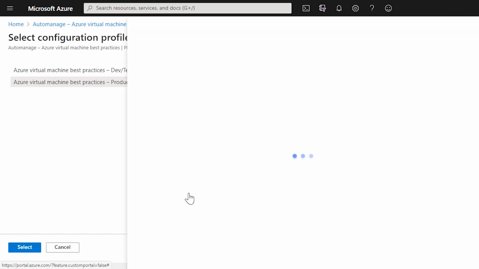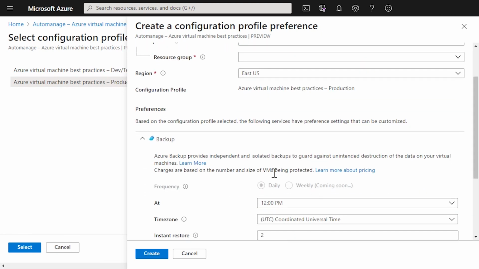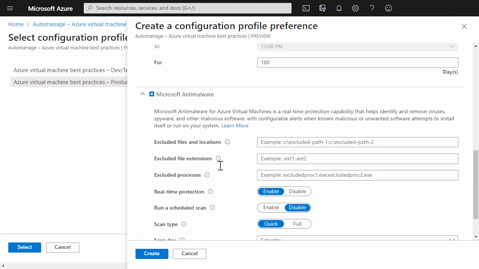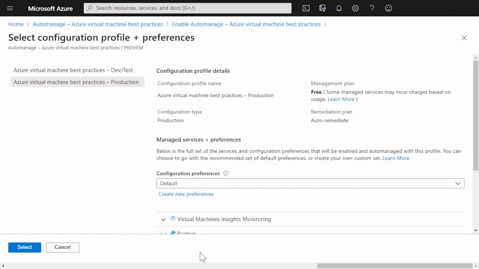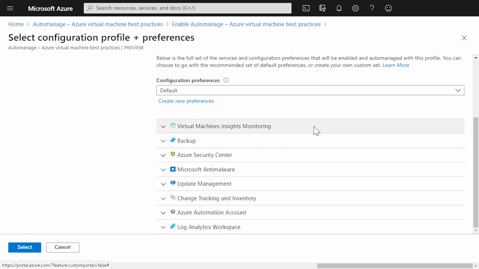for these virtual machines. Now, we have 2 different sets of best practices that you can apply to these virtual machines. So we have the production environment best practices, which would cover off your monitoring, your backup, security, antivirus, all of the things you would expect in production.